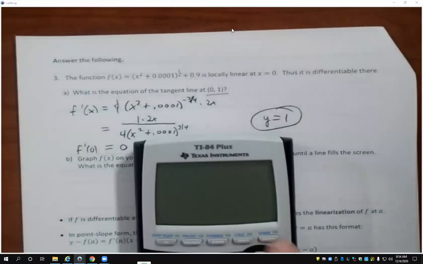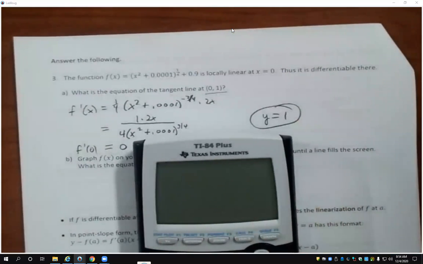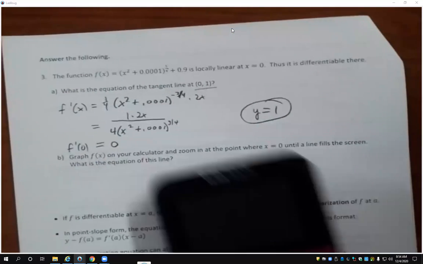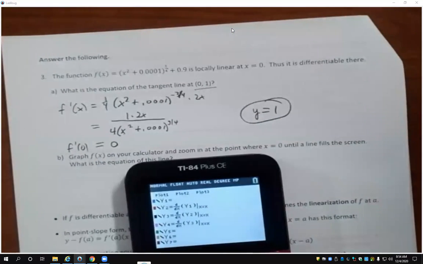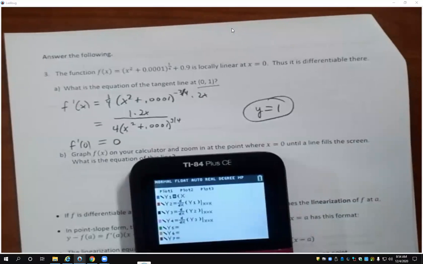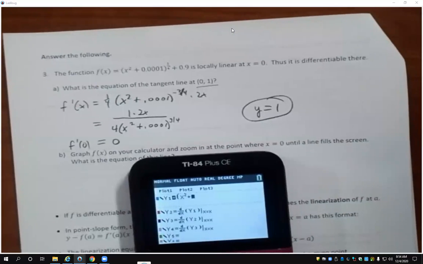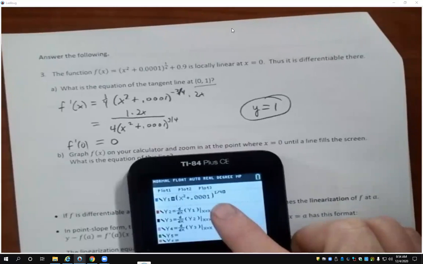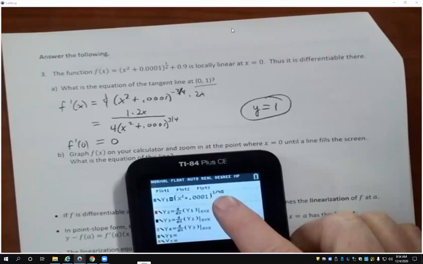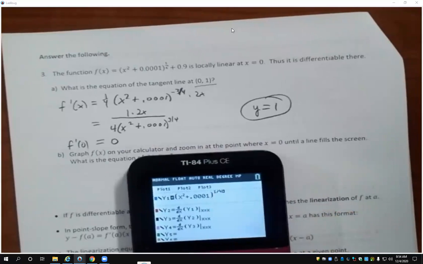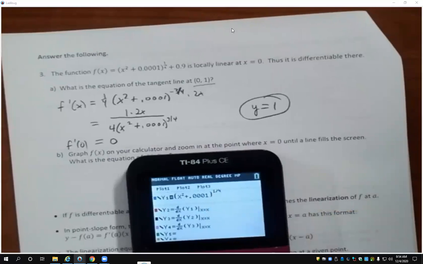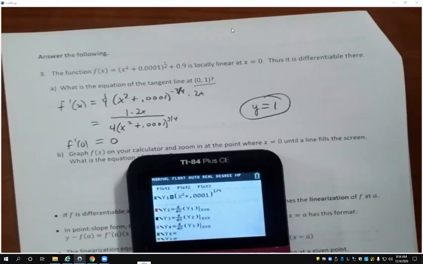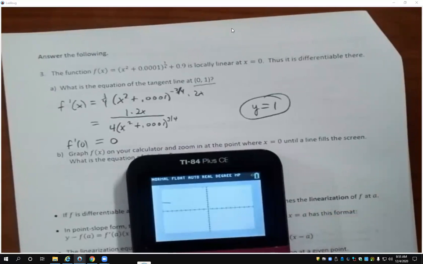All right, so now I'm going to show you if we graph f of x. Let's go ahead and I'm going to get my other calculator. I'm going to graph f of x here. f of x is x squared plus 0.0001, how many zeros did I get there? 3 zeros and a 1, raised to the 1/4. If you have a TI-83, make sure you're putting parentheses around your 1/4 because it doesn't raise that up in the air. Or you could just raise it to the 0.25, might be easier, plus 0.9. All right, we're going to graph that function,